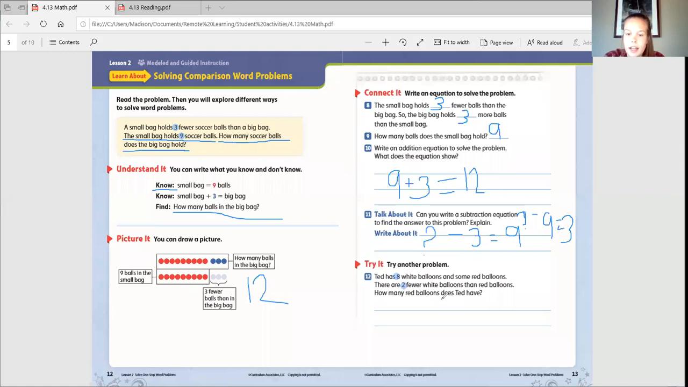All right. Now you've solved the problem, so you're hitting play again. We've highlighted our 2 numbers and underlined our question. So we're trying to figure out how many red balloons Ted has. We know that there are 8 white. We also know that there are 2 fewer whites than reds. So 2 fewer whites than reds. Then that means it's going to be our white